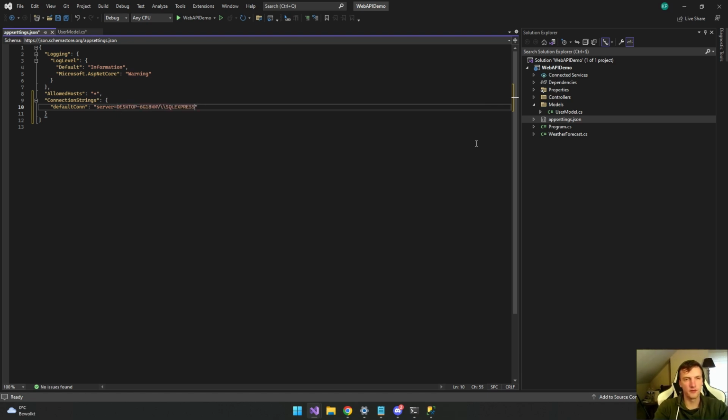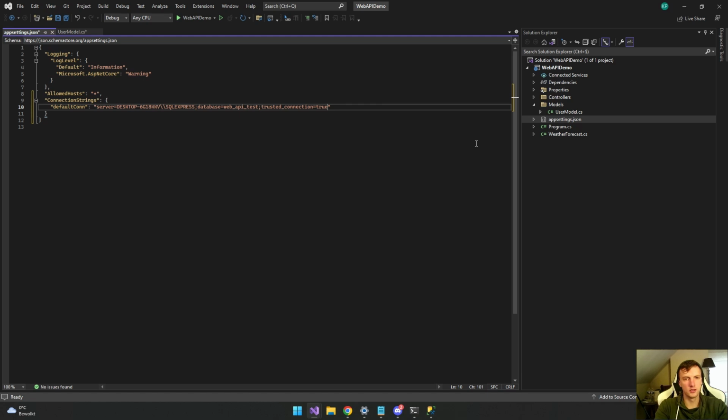Then you end this with a semicolon. Then we're going to say Database equals, that's going to be the name of your database. So the name of the database we're going to say here, let's say WebAPITest, and then we need Trusted_Connection equals true.